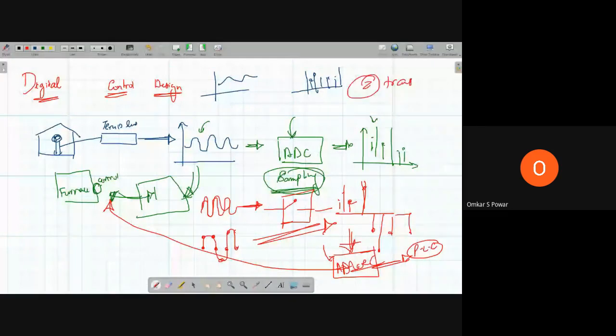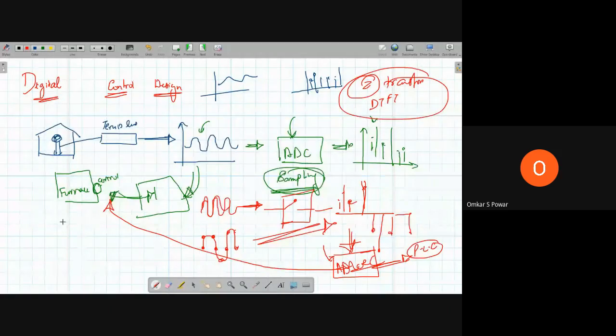Okay, so whatever algorithms you are going to write after getting the data from your sensor, you will pass it through this ADC and you'll get your digital data, and then you are going to write the algorithms for that digital data. Okay, so this you will study further in your control system. Just to give an understanding of the application point of view, I explained this one.